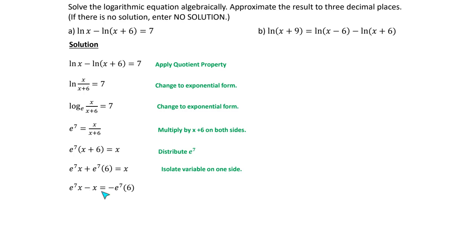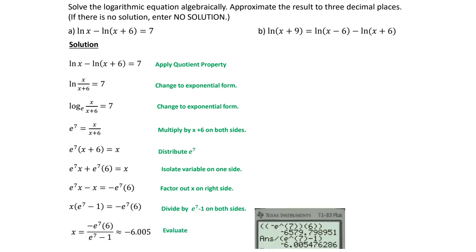Since I have an x and an x here, I can factor out an x. So if I take this x out, we end up with e to the 7th. And if I take this x out, I end up with e to the 7 minus 1. Now we can divide by e to the 7 minus 1. So we get x is equal to e to the 7 times 6 divided by e to the 7 minus 1. And if the problem does say to approximate to 3 decimals, so if I put this in my calculator,